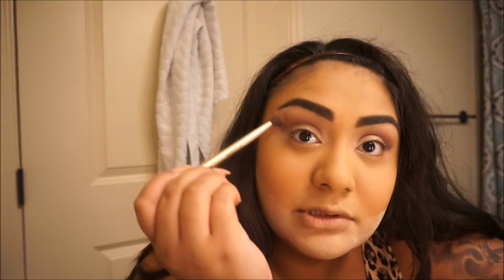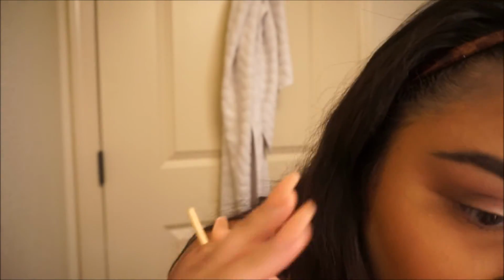Because you can't make it look all blotchy and odd, because then your makeup just looks bad. Blend, blend in circular motions. I've kind of blended out a little bit. Of course, I'm gonna go in and I'm gonna blend some more, but for right now,